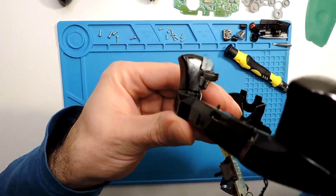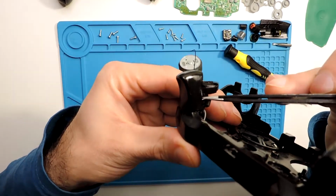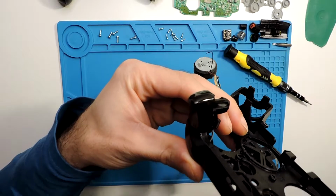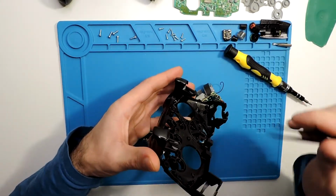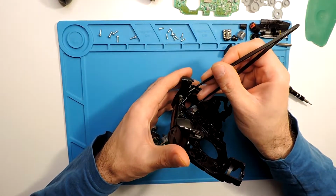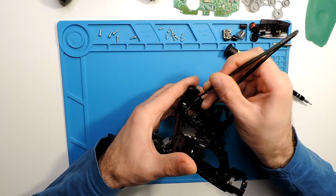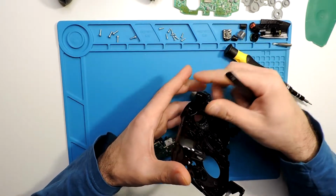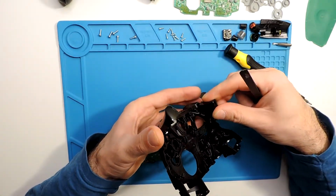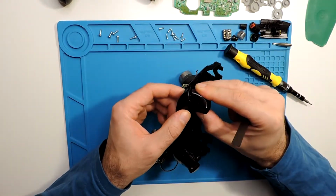You can see now that there is a plastic plug, so I think we need to press this in to be able to pull out the button. So let me press in over here to see if it will come out. Okay, it seems everything is coming out actually, not only